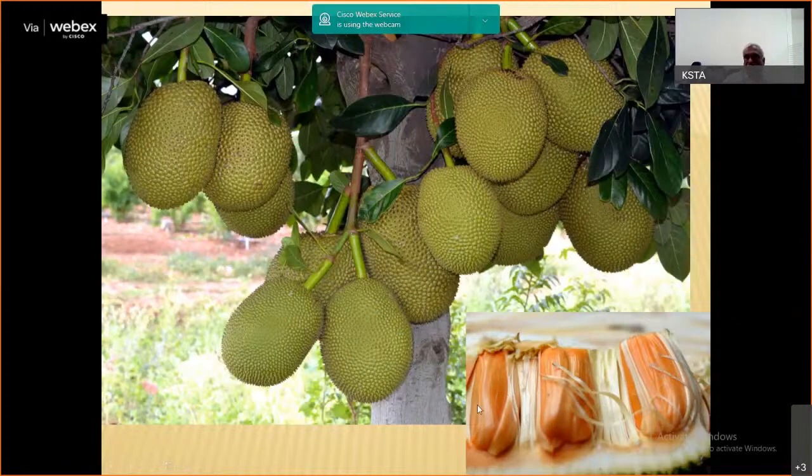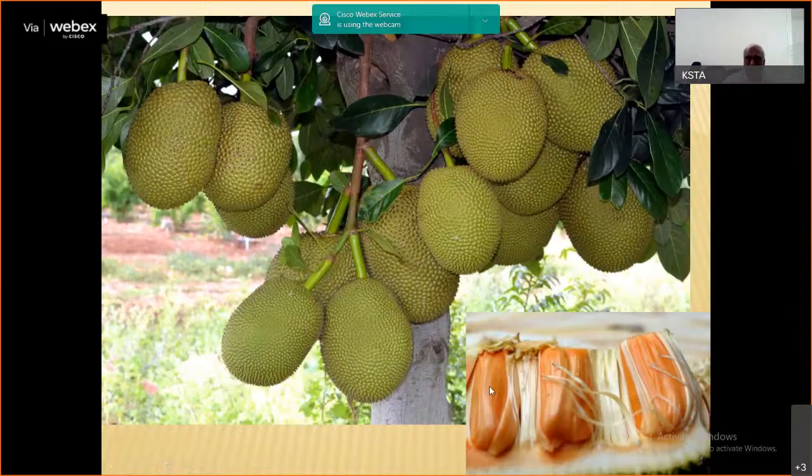Locally, in traditional areas, they use it mainly for edible purposes. Besides that, it is also used for the preparation of papads. We can prepare dosa, idli, chips, and even the seed. The seed is also a good source of protein, and it can be roasted, used in sambars, and also made into a powder and used in various products. So likewise,